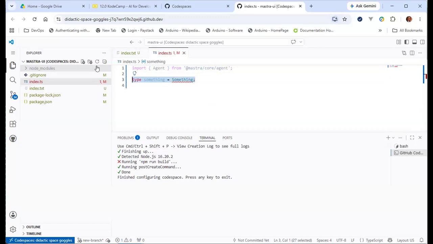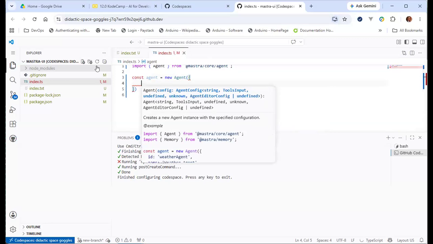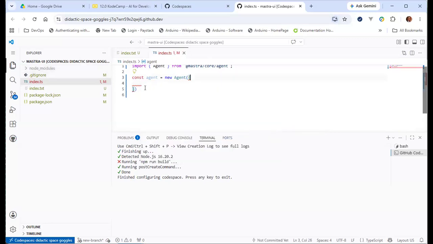Then once you do that, a basic agent is just created by giving it an ID. So you could do something like agent equals new Agent, and then you pass in some things. Now, the beauty of this is that because this is TypeScript, it is going to give you some nice code completion.